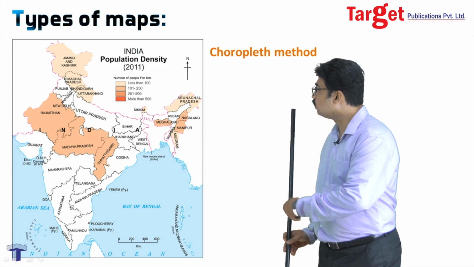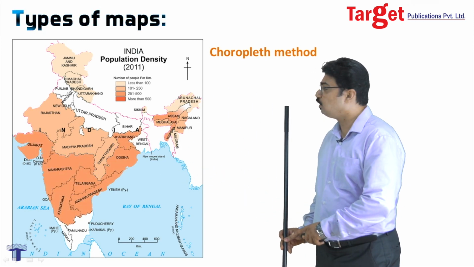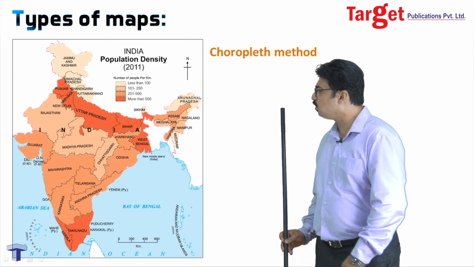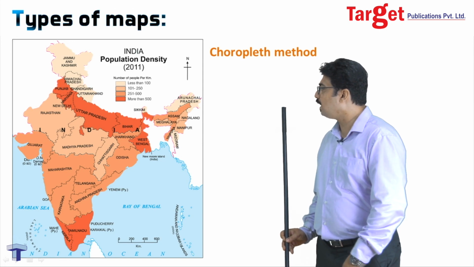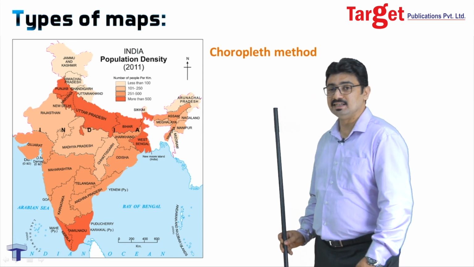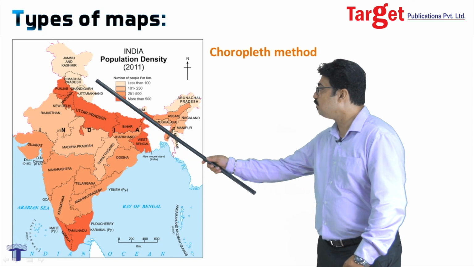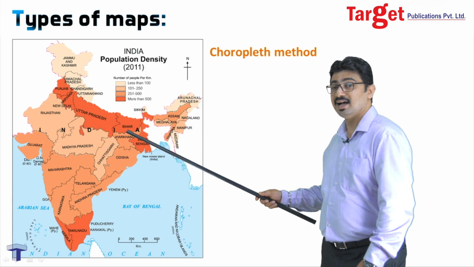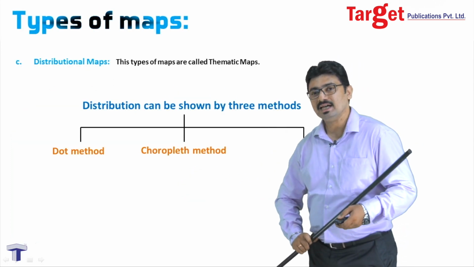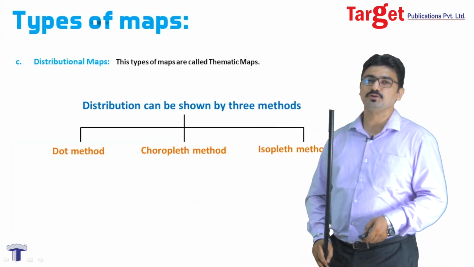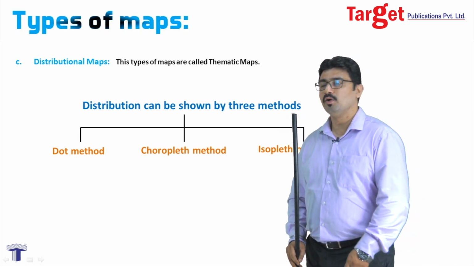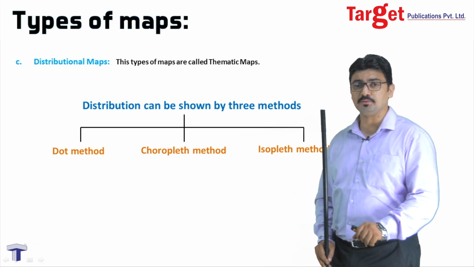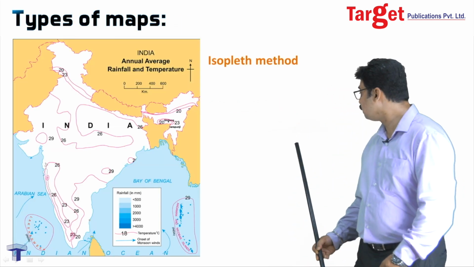So, let us see how these colors are being filled up so that we understand how choropleth method actually functions. So, we see first the regions of the lowest population density were shaded, with slowly increasing onto regions with higher density, and last with the highest density. So, here we see Jammu and Kashmir have the lowest density while the Ganga Plains area has the highest density. This choropleth method is very useful for showing distributional maps. Going ahead, the last but absolutely important method of showing distribution in a map is the isopleth method.